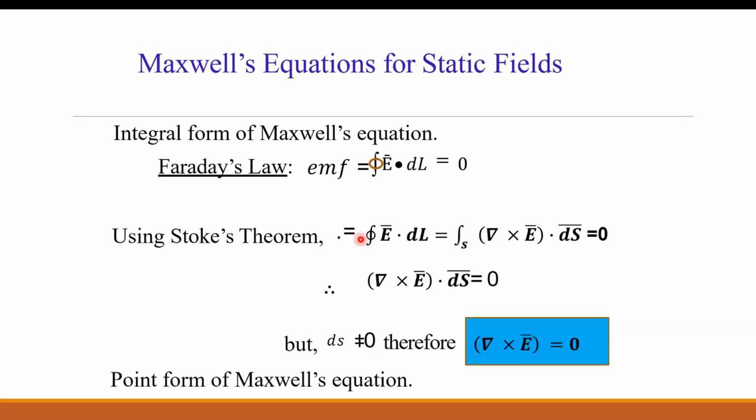Now there is nothing here at the right hand side, no magnetic field quantity is there at the right hand side, remember, since these fields are static fields. Okay, so for static fields only the field quantities are related to 0 or some other constant values. So first this equation is integral form and the second equation we obtain is a point form.